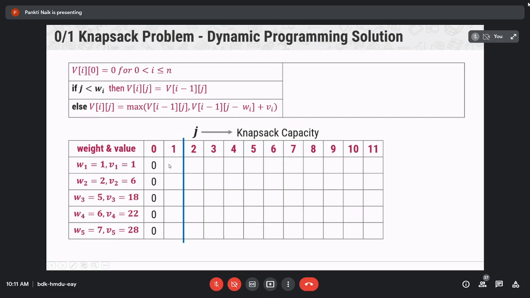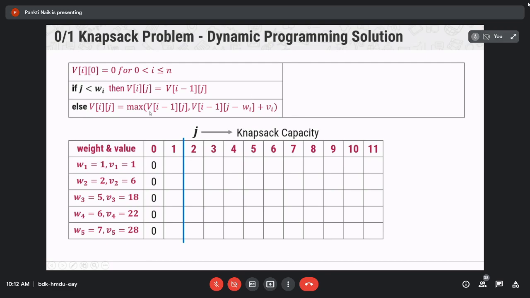I is equal to 1, j is equal to 1, w1 is equal to 1, and v1 is equal to 1. So here is the value of j greater than wi or less than wi? Greater than or equal to wi? Equal. j is equal, so we have to find the value of V[i][j] with the use of this equation.